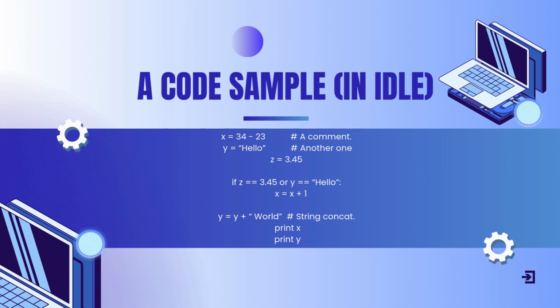In this block, we add 1 to the value of x, changing it from 11 to 12. Then we concatenate the string world to the existing value of y, which is hello. As a result, it now stores hello world. Finally, we print the value of x, which is 12, and the value of y, which is hello world. This simple Python example demonstrates basic operations like arithmetic, conditional checks, and string concatenation, all while handling both numbers and